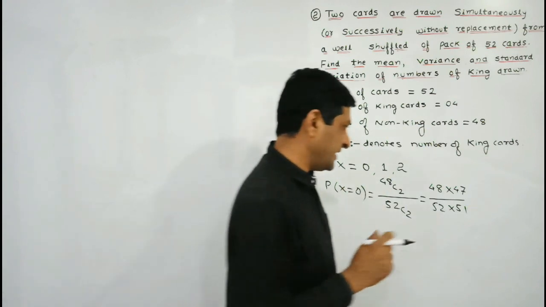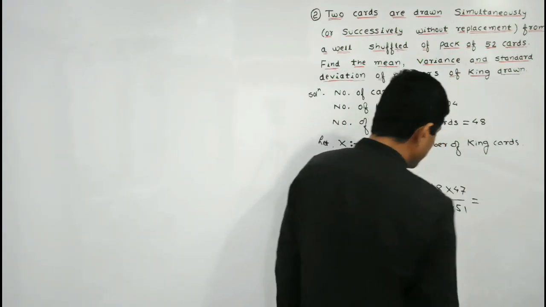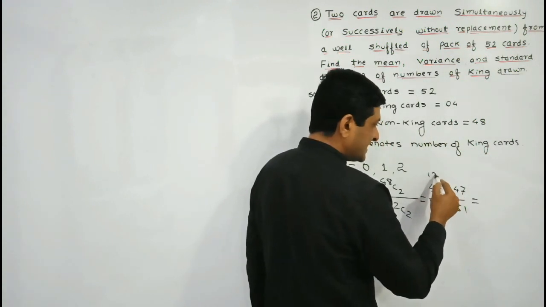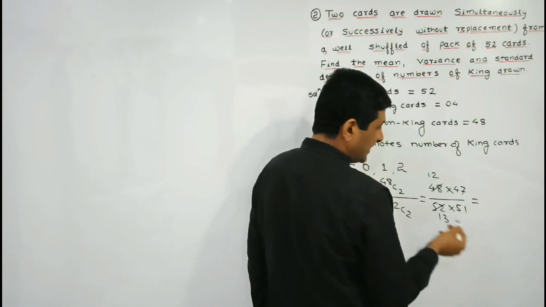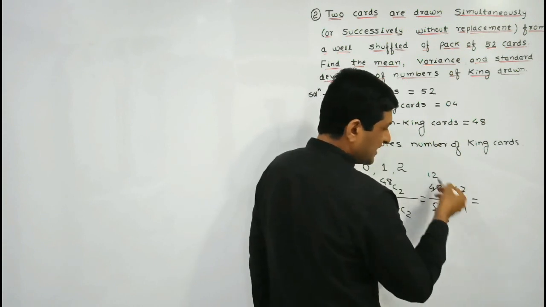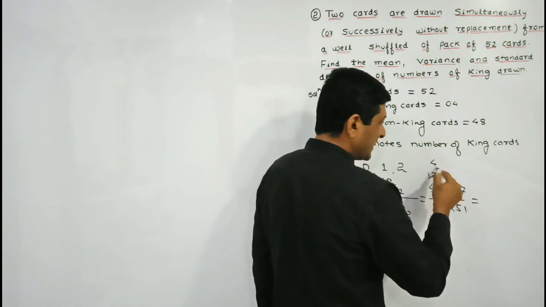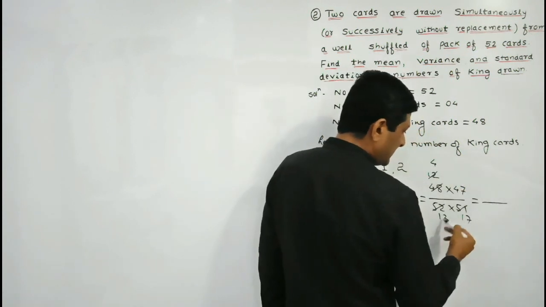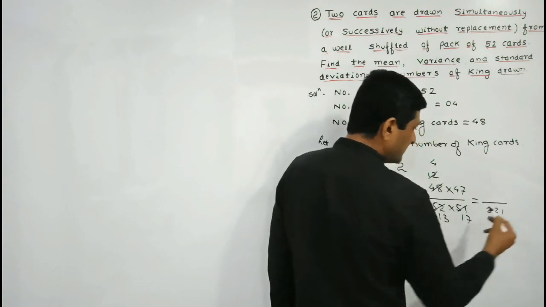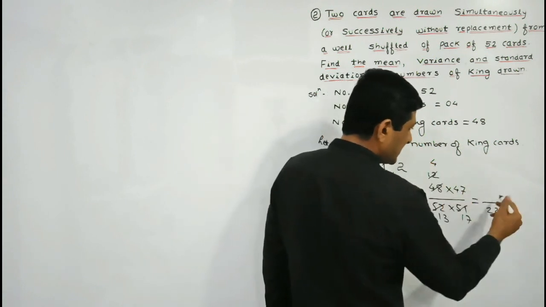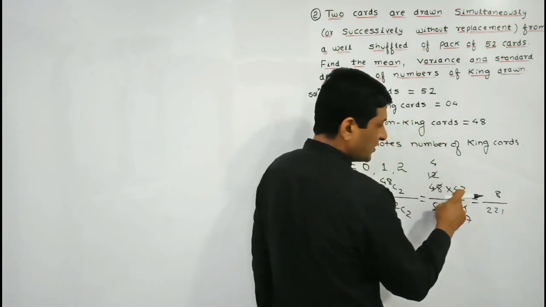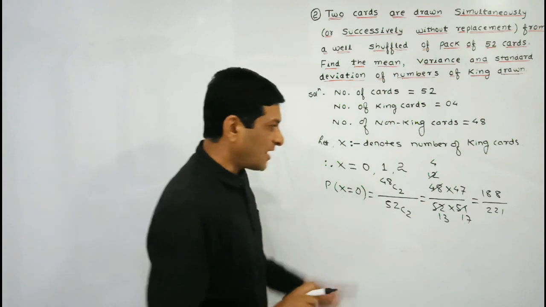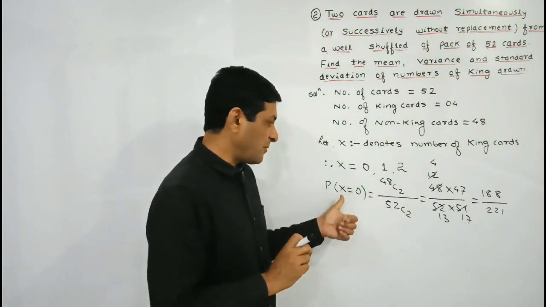Now we are simplifying it, so which is equal to, here easily we can observe that both the numbers are divisible by what? 4 12s are and 4 13s are, and here we can observe that these two numbers are divisible by 3 4s are and 3 17s are. So in the denominator 17 into 13 will be 221, and in the numerator 4 7s are 28, means 2 carry, and 4 the 16 plus 2 is 18, so 188 upon 221 will be the probability when x is